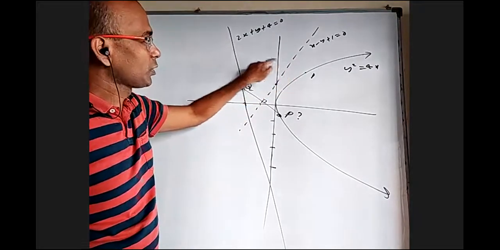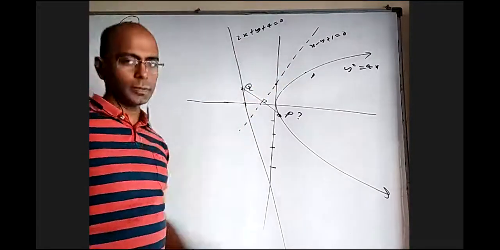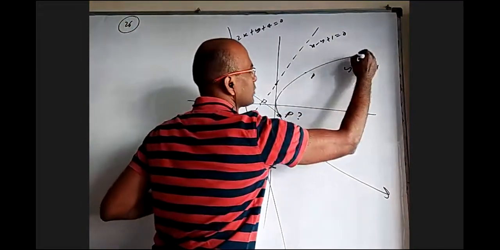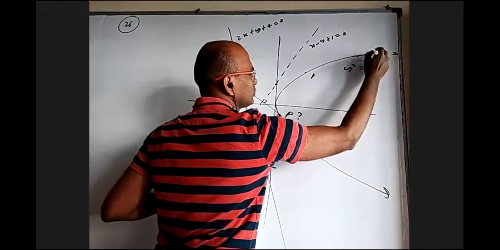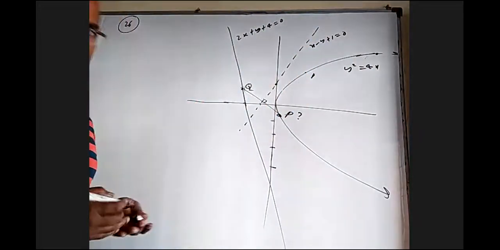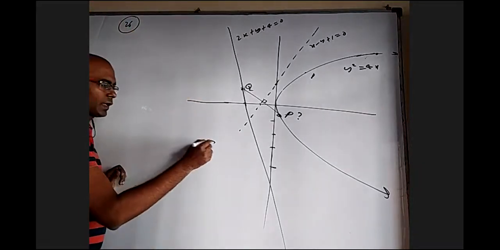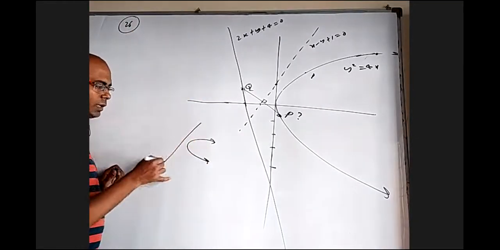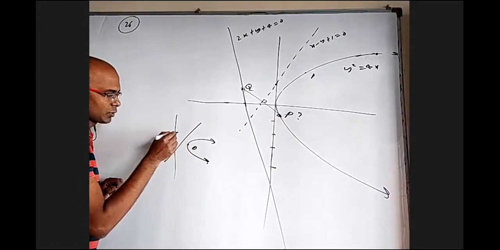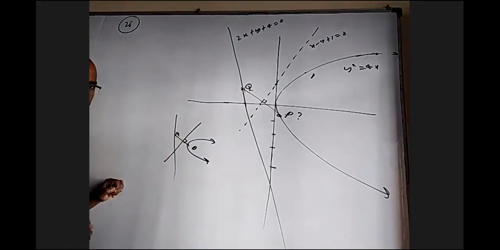Because if you draw perpendicular, you can easily see this length is short and this length is long. Somewhere it will happen. Of course, it may happen somewhere here because this parabola is too much here. Somewhere PQ can be quite possible where this is a midpoint. So more than one answer is possible. So in total, forget about the exact figure. I have a curve, I have a line, I have one more line. I want P on this, Q on this, so that this is a perpendicular bisector.